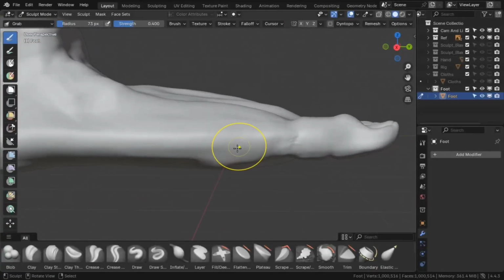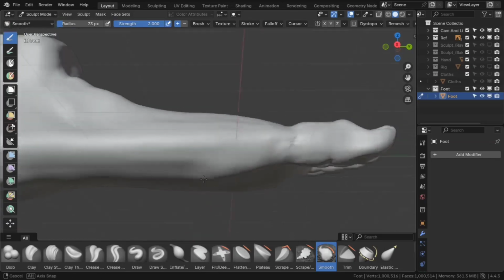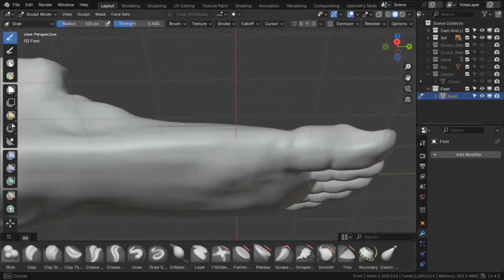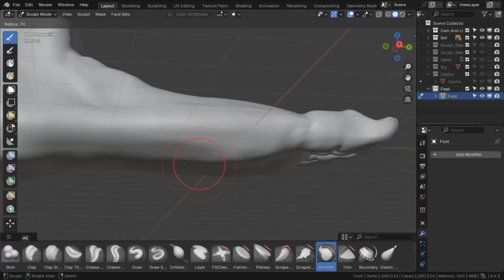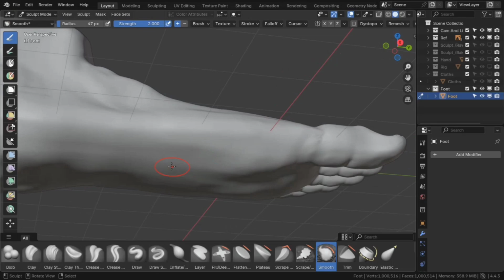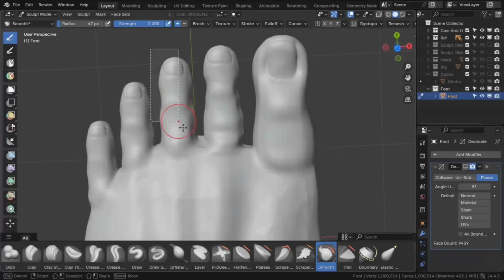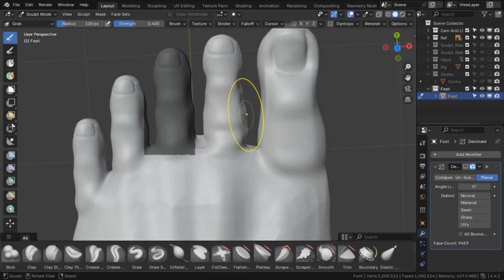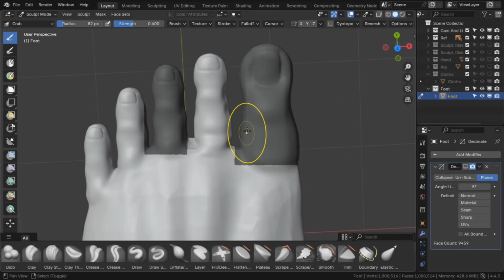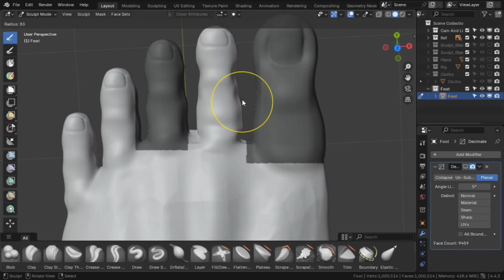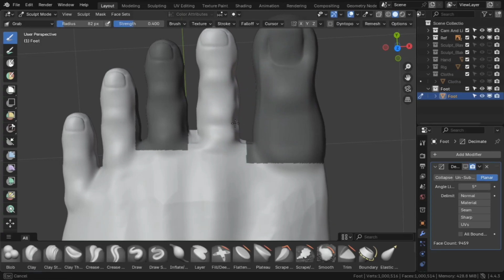Even from a distance, the details add to the realism of the character that you're designing. Now I'm creating a box mask to mask out this area. Just simply dragging the cursor and releasing it using the mask tool. That will help us to modify this area or any other area